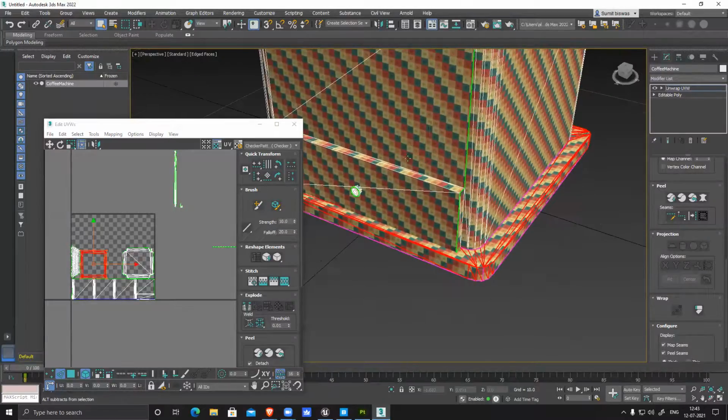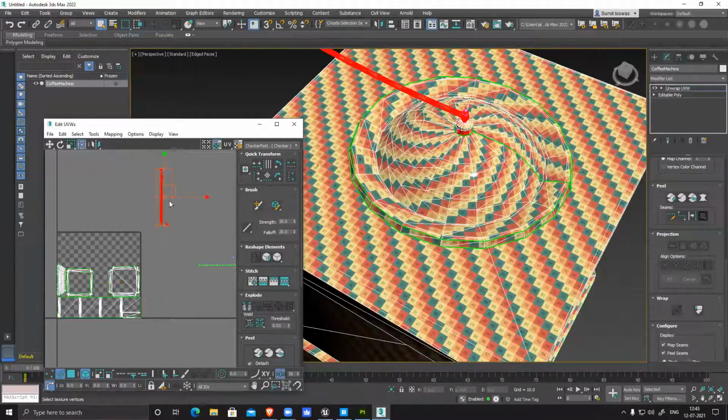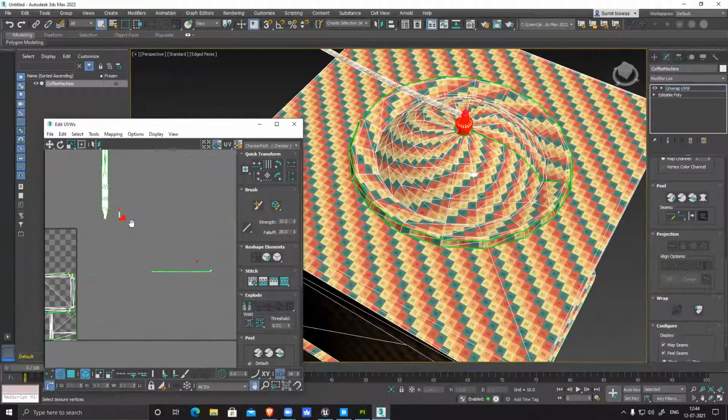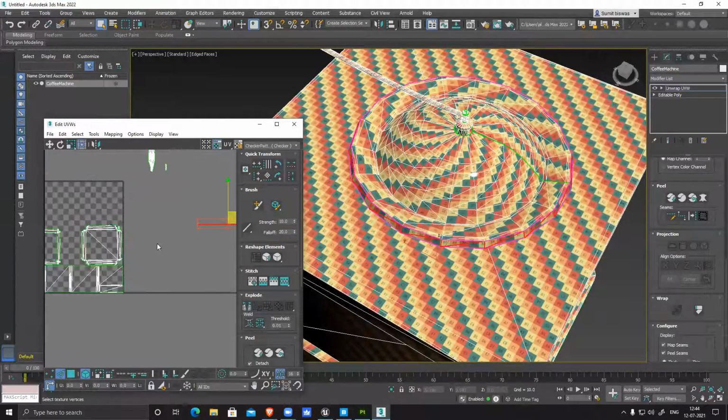So for the smaller parts, we can give them a little extra UV. Like suppose this one, I'll make it slightly bigger. Similarly for this also, slightly bigger. And this is a side ring, it should be combined with this.